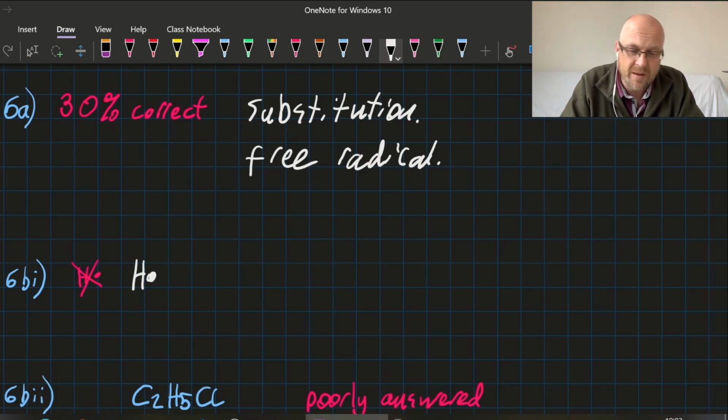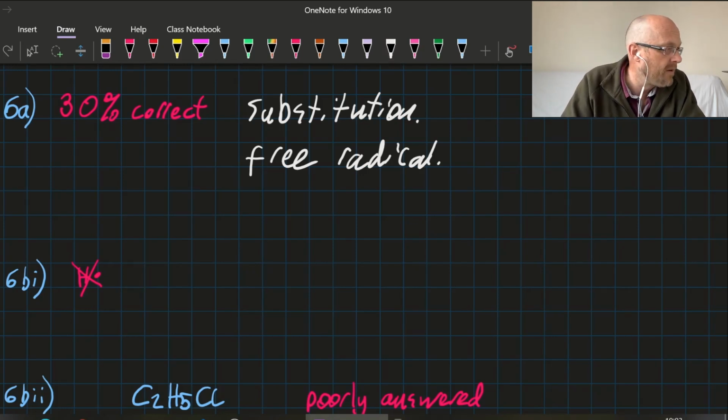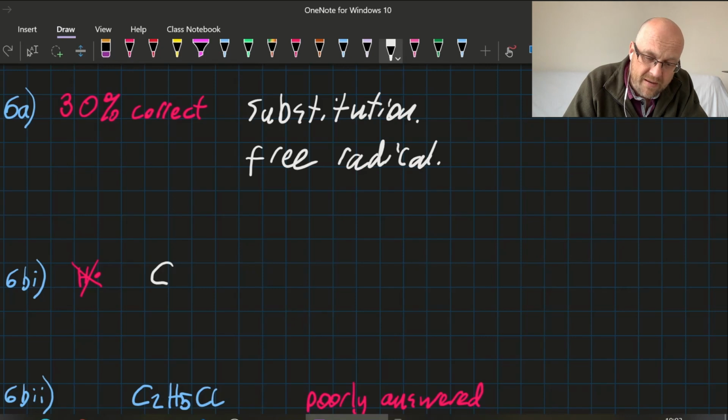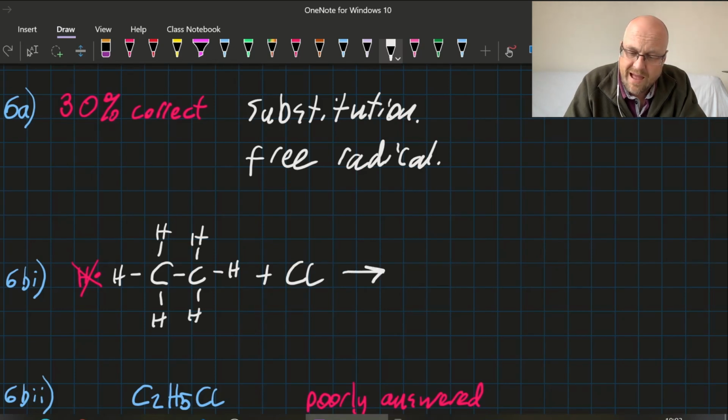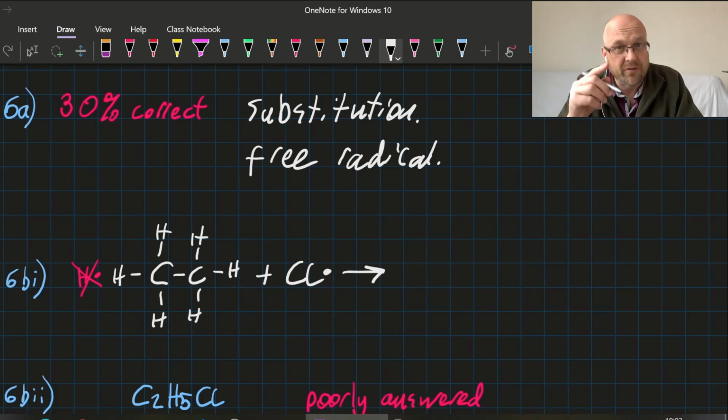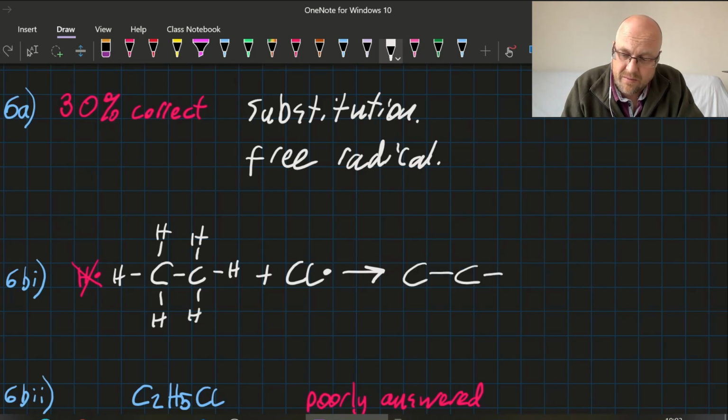So whatever propagation step you've got, it's going to be no H dot. All right, so I suppose I've got my ethane. And remember the chlorine was split in two to make Cl dot. There's not really much that can happen there, is there? If I don't want to make H dot, there's really only one thing that can happen in this case, which is